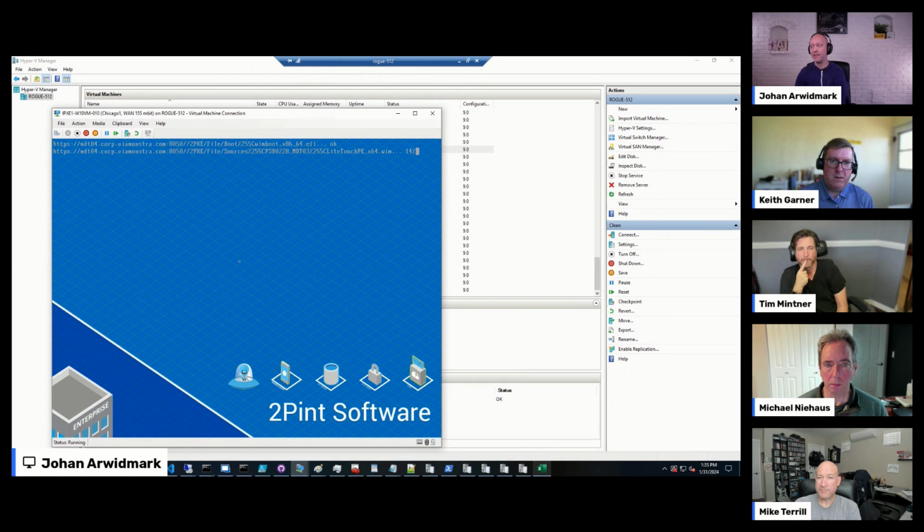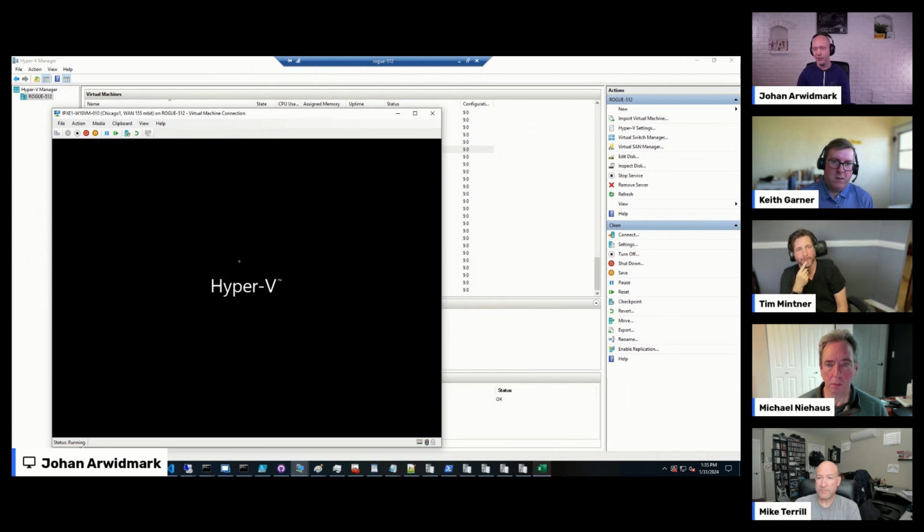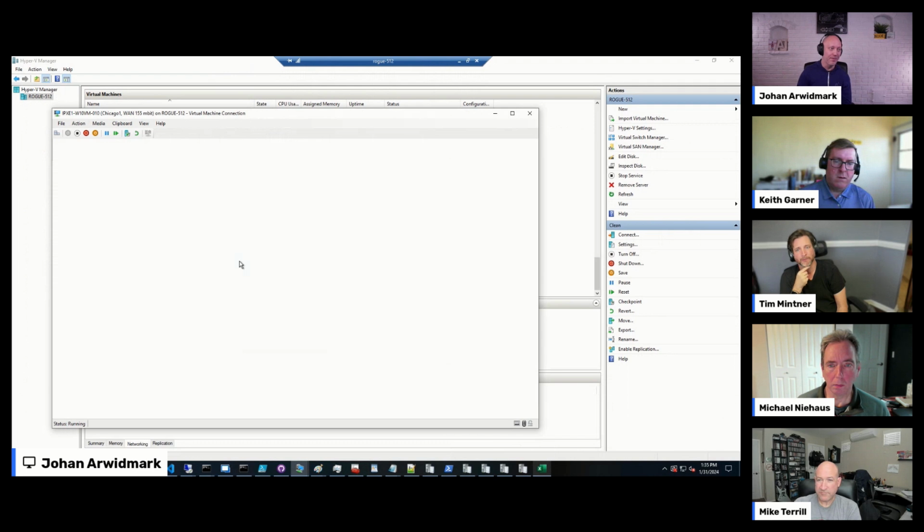And this is also an HTTPS download, meaning, as Keith mentioned, there is no TFTP, UDP, that kind of stuff. It's a fairly quick download. Even if there are no local peers available, this is a quick download. Now, had I had any machines on my network that I deployed earlier, I would have been able to snatch the boot image from them rather than downloading from the web server. But right now, this is WinPE connecting up to a web server.